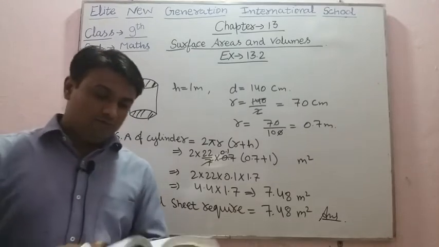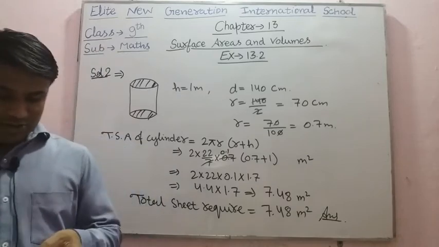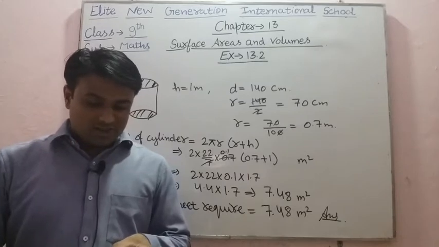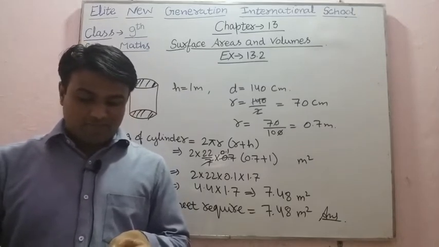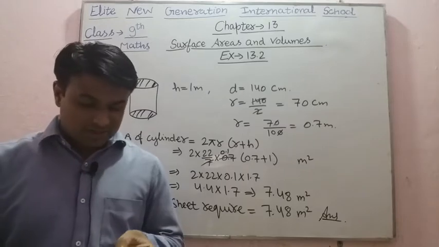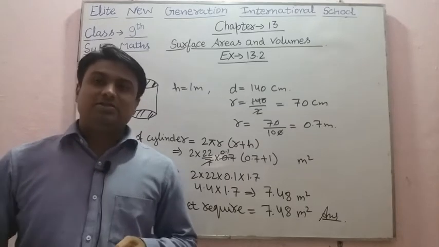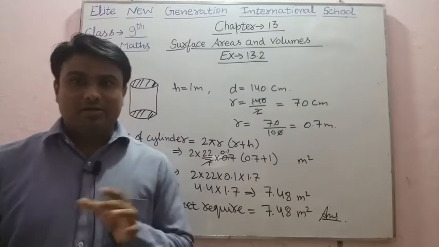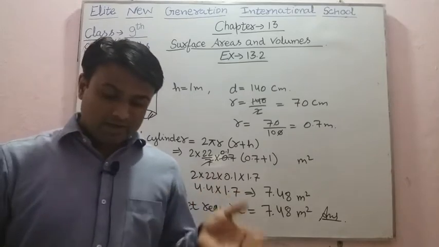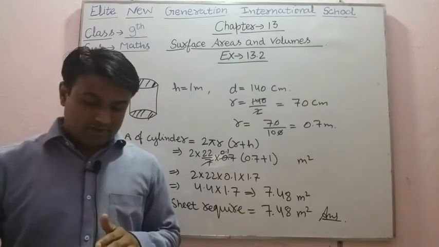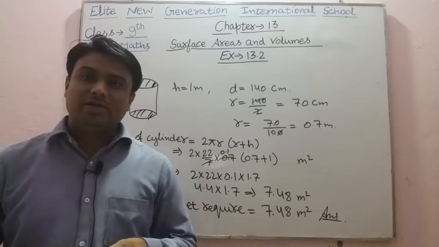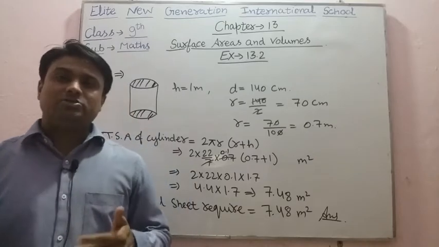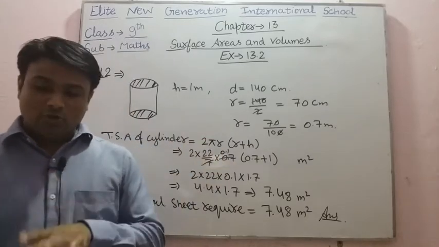So in question number 3 and 4 you have to find here. In question number 3, a metal pipe is 77 centimeter long. The inner diameter of cross section is 4 centimeter, outer diameter being 4.4 centimeter. Find inner curved surface area, outer curved surface area and total surface area. So in this question, first of all you have to find inner curved surface area. Inner diameter you have given, you can find inner radius, similarly you can find outer radius. First of all you will find inner curved surface area, then outer curved surface area, then total surface area. So in these three parts we have to apply the formula and you can do this question.